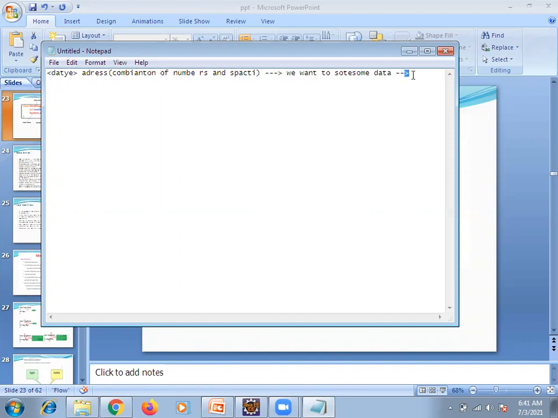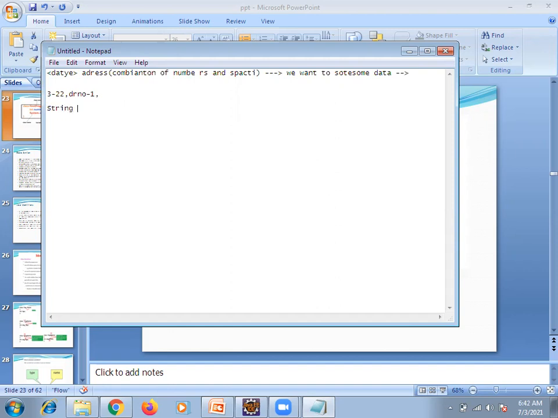Now let's see one address I want to write: 3 dash 22, door number. You are getting what I'm saying? Now we want to store this data. The data type is a combination of special characters and numbers, so we need to define this data as a string.